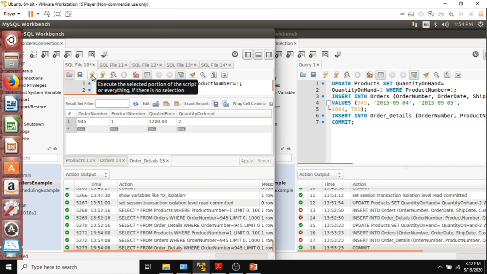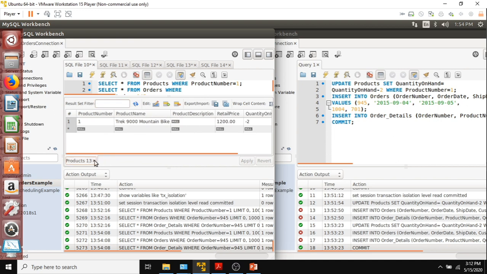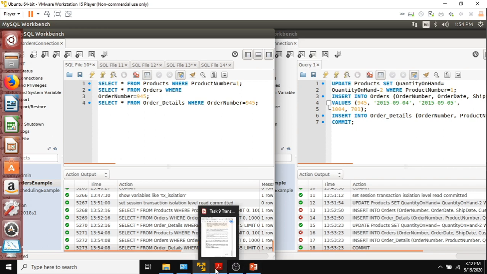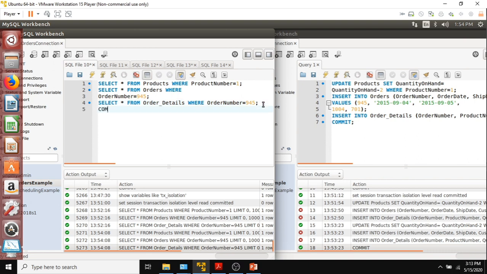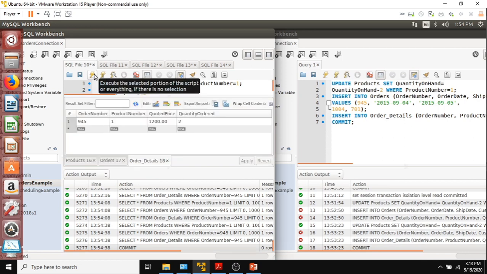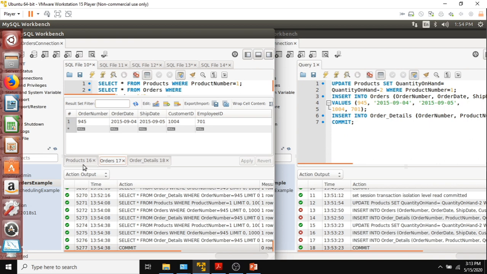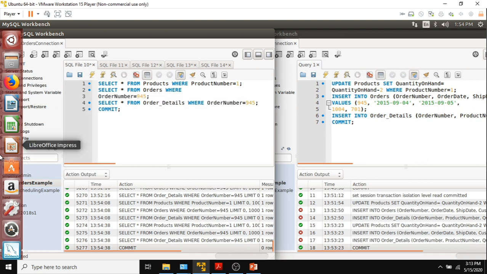So this is the T1. And commit T1 at left. Run the T1 again. Okay, so